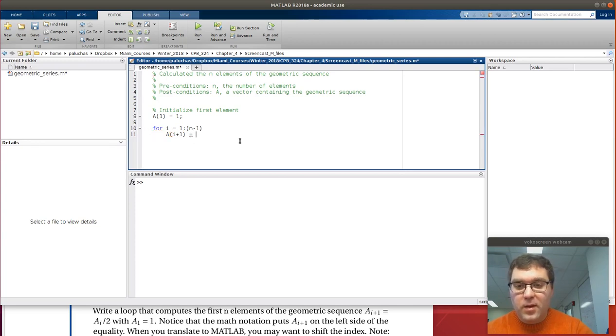So my second element is equal to my first element, A of I, divided by 2. Okay, and that's it. Each time I will be incremented by a value of 1 all the way up to n-1. And so hopefully you can appreciate the simplicity of this compared to how you would have